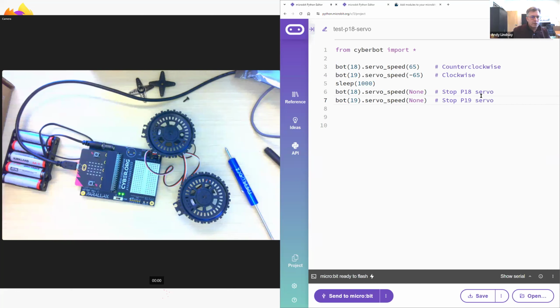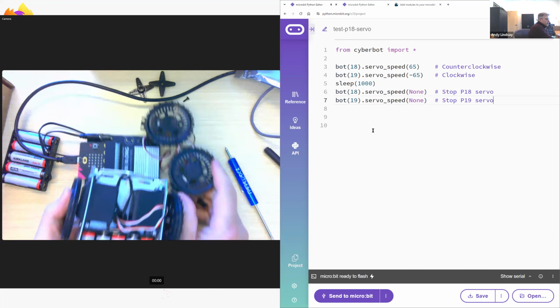How can I find the hole to center my servos? They are already on my robot. Okay, so if they're already on your robot, they'll be hard to get to. So my tip there would be,